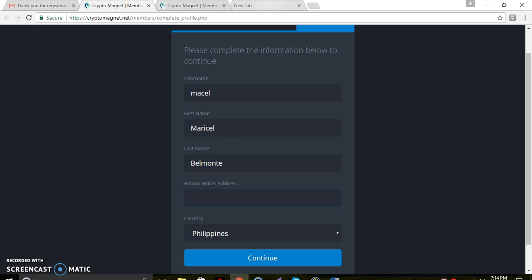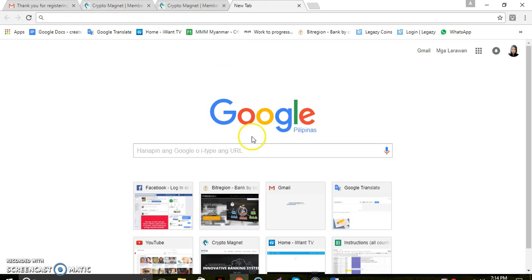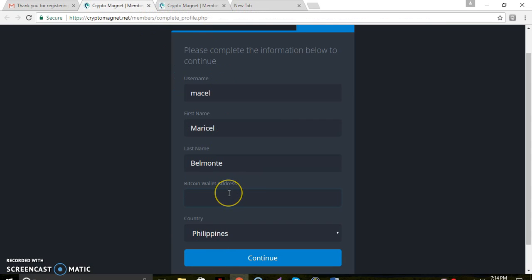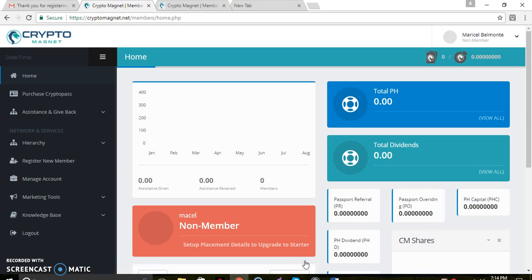So let's try to input the Bitcoin wallet address. Example like this. After that, click continue. Okay, that probably goes to the main page.